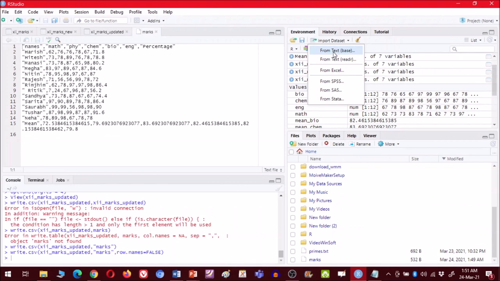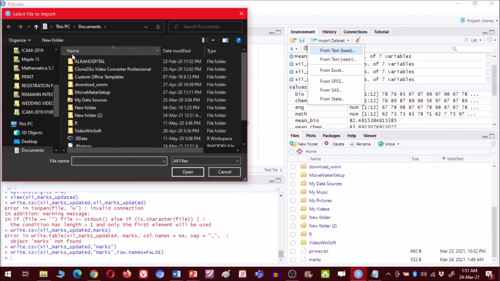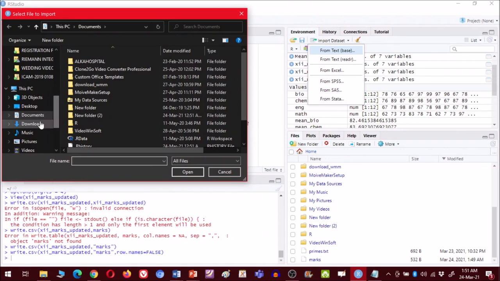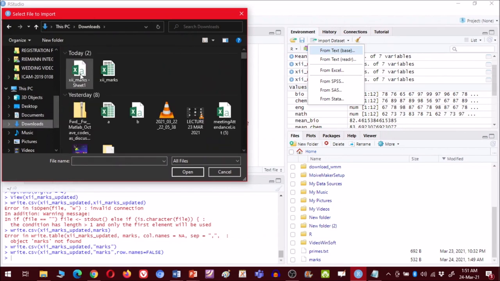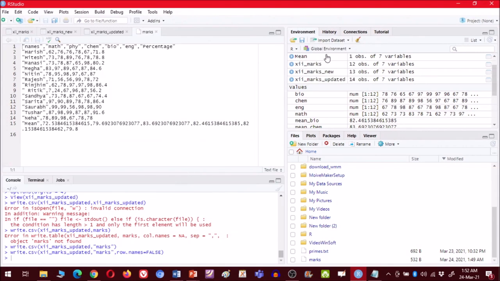In the text option you can import either a text file, like we did with the primes file, or a CSV format file. Go to downloads. This is the CSV file and this is the Excel file. It is writing Microsoft Excel worksheet for one, and Microsoft Excel comma separated values file for the other. This CSV file we can import using the text option.